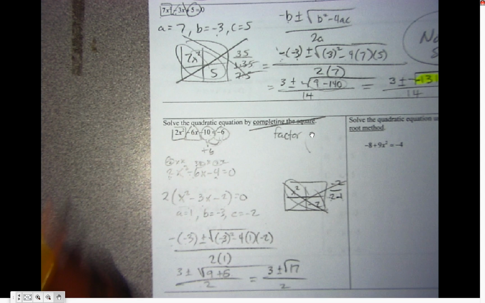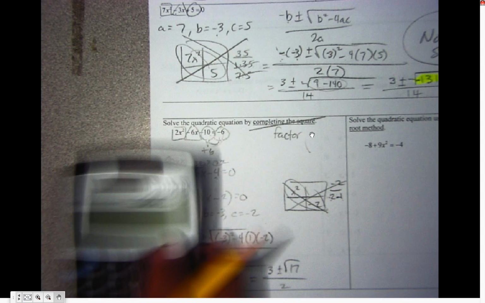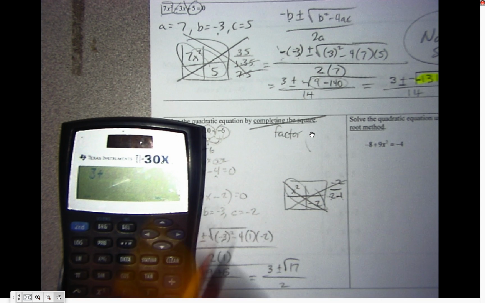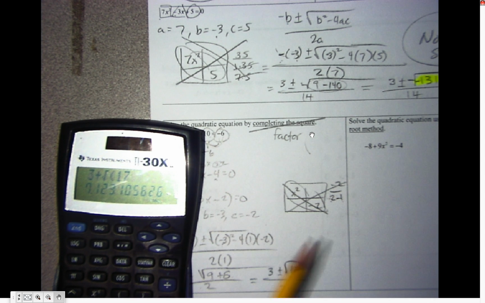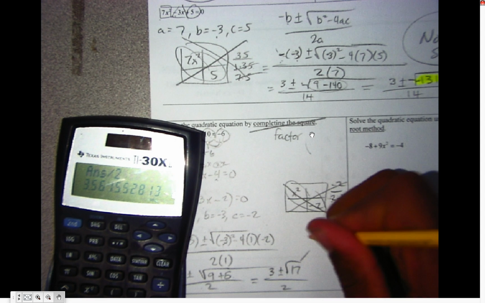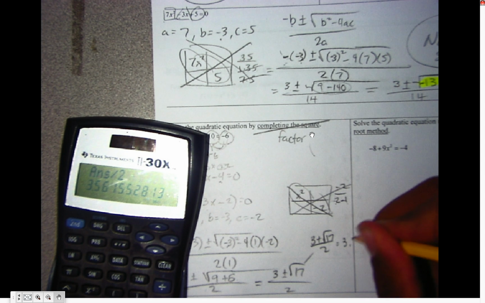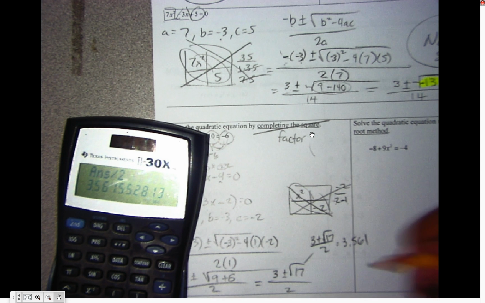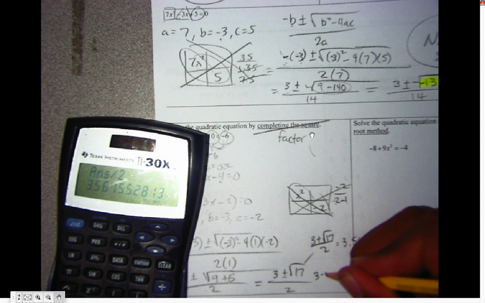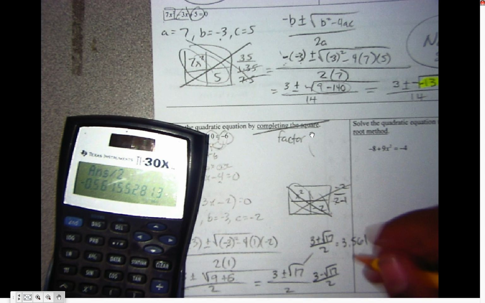Yes, Elijah? Yeah, go ahead. Okay, now I want to do on the calculator the first 3 plus the square root of 17. Okay, but then I want to divide by 2. So the first thing I'm doing is 3 plus square root 17 over 2. Okay, and that's going to give me 3.56. I'm going to write down the whole number. And then I'm going to do 3 minus square root of 17. So I'll go back up, change this to minus, and again, divide by 2. So now I get the next one, I get negative